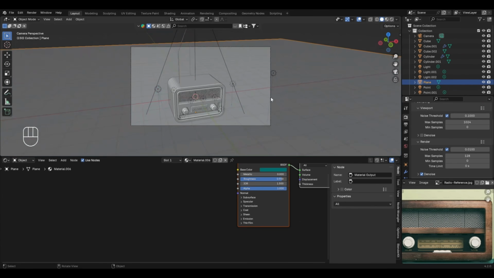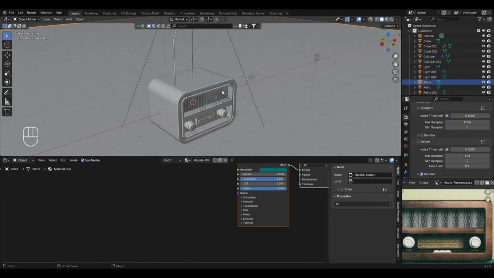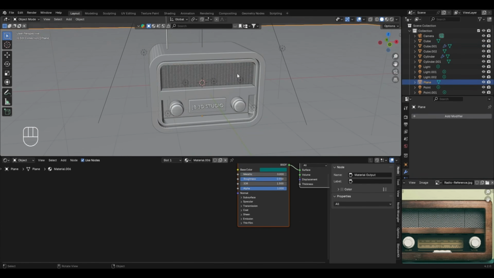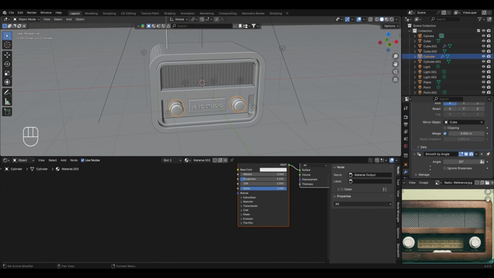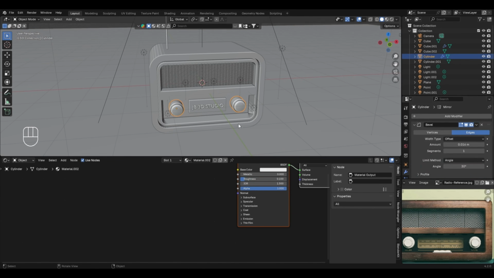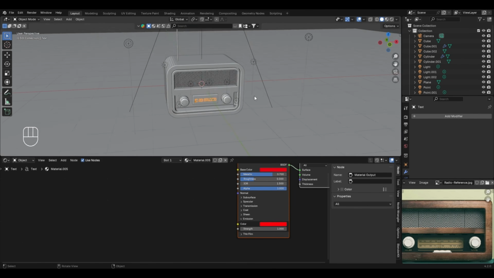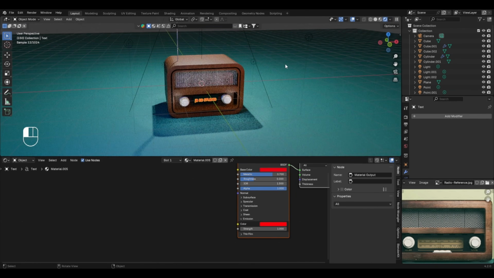the chapter number 3. Today we learned about some new modeling techniques that we first of all used to model the body of the radio set. Then we learned about the wireframe modifier that we used to create the speaker mesh. Then we created the radio controls, applied the bevel modifier to it, and also the mirror modifier. Then we created a simple text object and even added the emission settings to it. Then in the end, we created a simple lighting setup in order to render a final image of the 3D